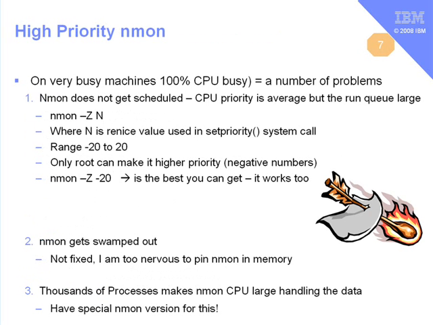Number 7 is high priority nmon. On some machines, particularly if you're running batch and you're running at near 100% busy all the time, it can be difficult for nmon to actually get scheduled and back on the processor when it actually wants to do a snapshot. And so we have the -z option, and we can put in a nice value. If you go for -20, then nmon gets a boost in its priority, and it will probably get in ahead